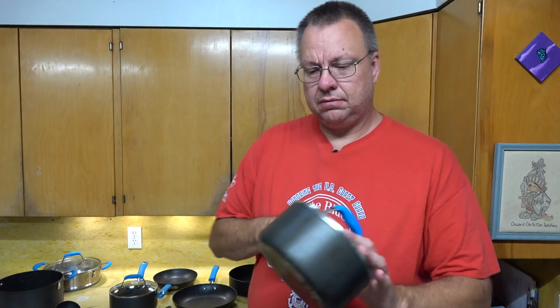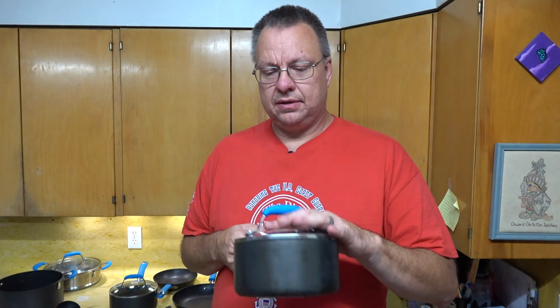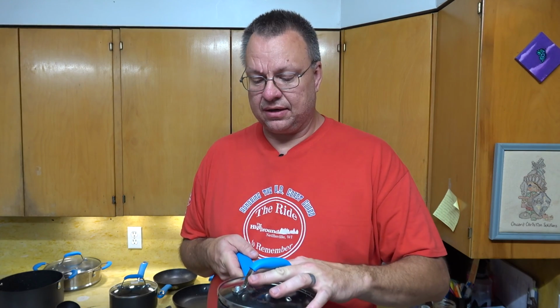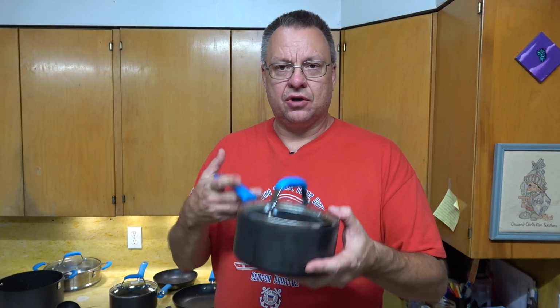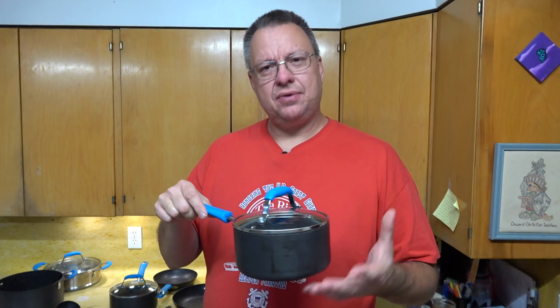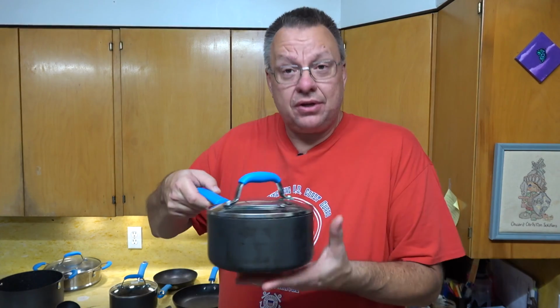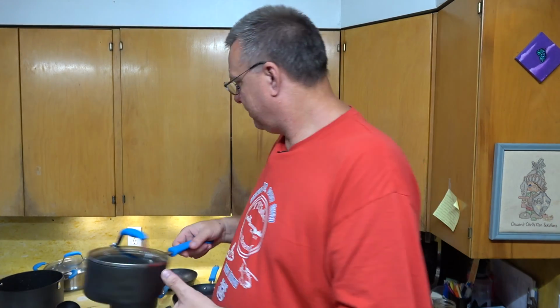this little saucepan, it's actually quite nice for doing canned soups or something like that, or maybe mixing up a quick gravy or something. Nothing wrong with that. But again, it's a 2-quart size. So again, it's a little small. Okay, I understand. You can use small stuff. There's nothing wrong with that. But,